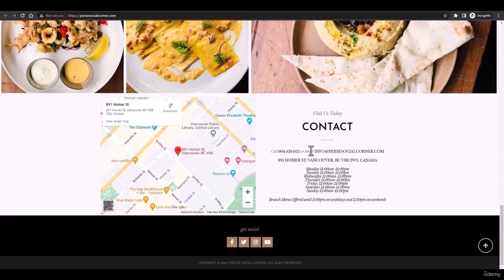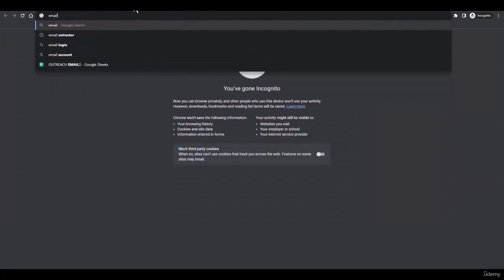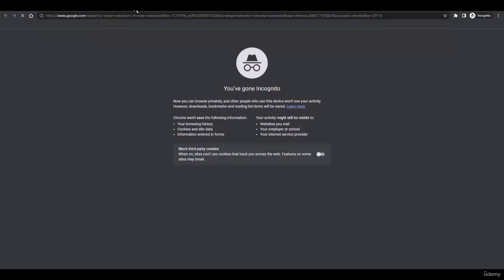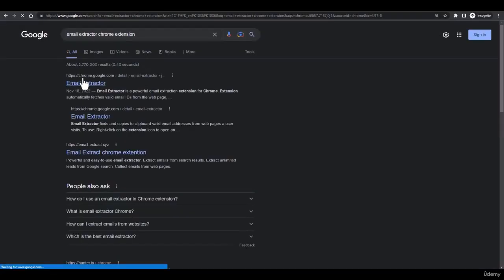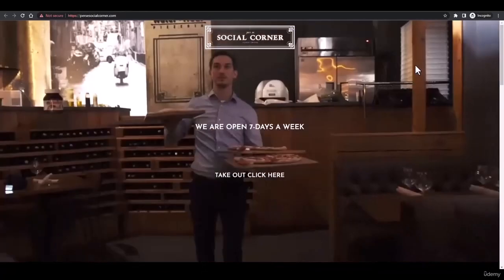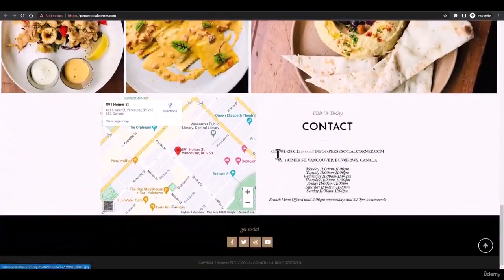So here you will get their email from Facebook or Twitter or Instagram, or you can reach out to them via Instagram, or you can use a plugin, an email extractor Chrome extension. I'm using incognito mode right now, so that's why I cannot add it, but this is the Chrome extension. When you go to any website, if there is an email on that website, this extension will tell you that these are the emails. So you can just go add their email, and to their email you can tell them that I can